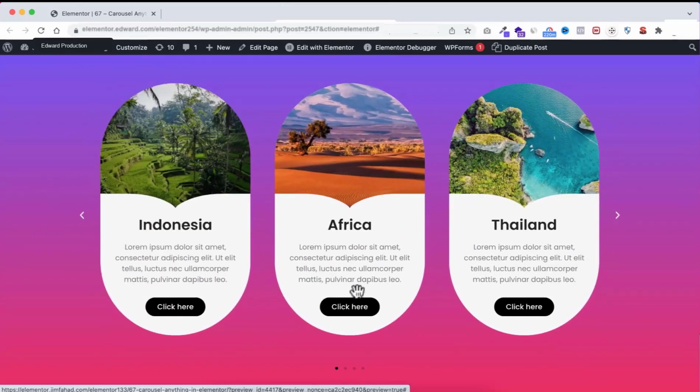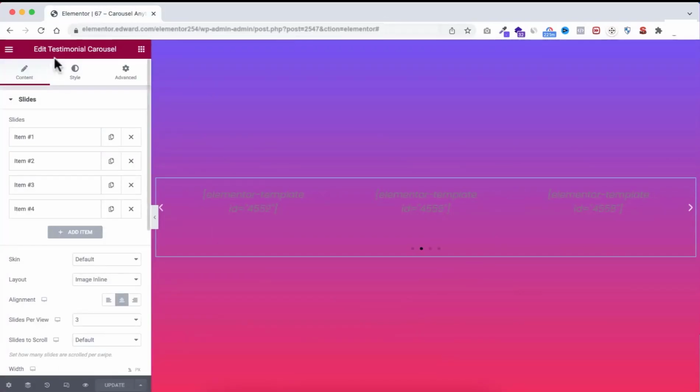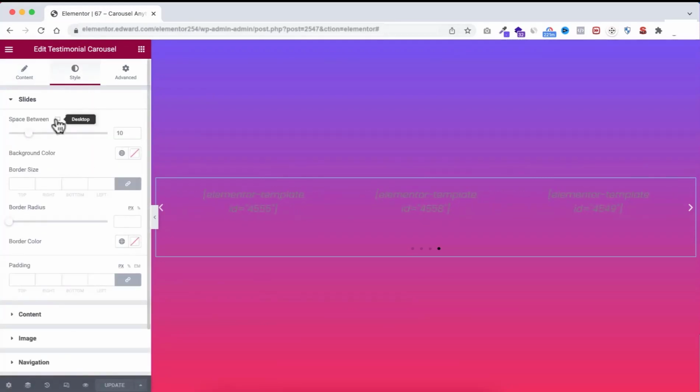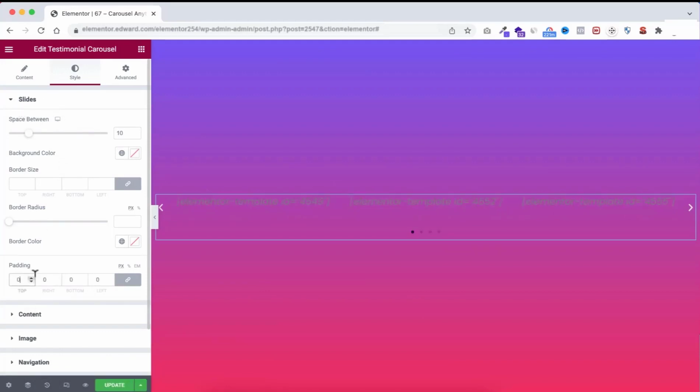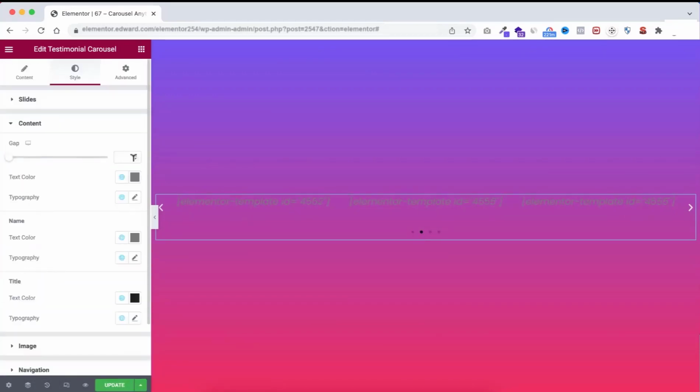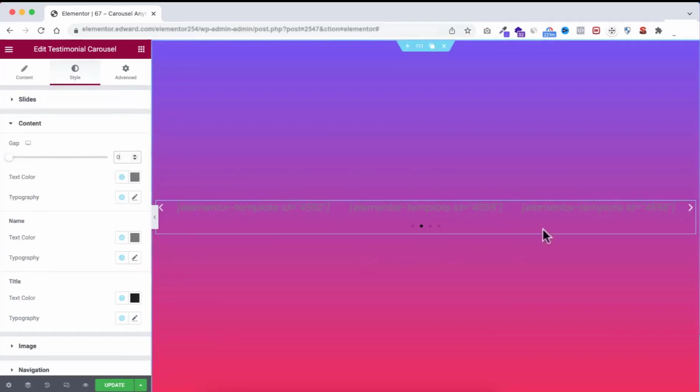but I think there are some settings that are coming from the default carousel settings, so to remove them just go inside Elementor Page Builder, from the testimonial carousel widget, go under Style tab here. Let's keep everything same, just under the slides, I'm making the padding 0. And let's open the content here, I'm making the gap 0,